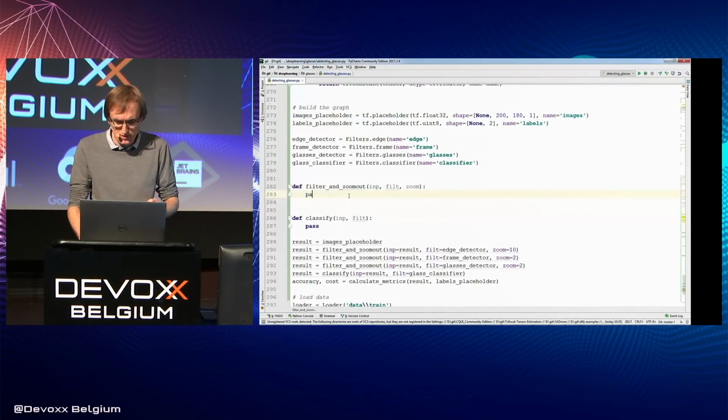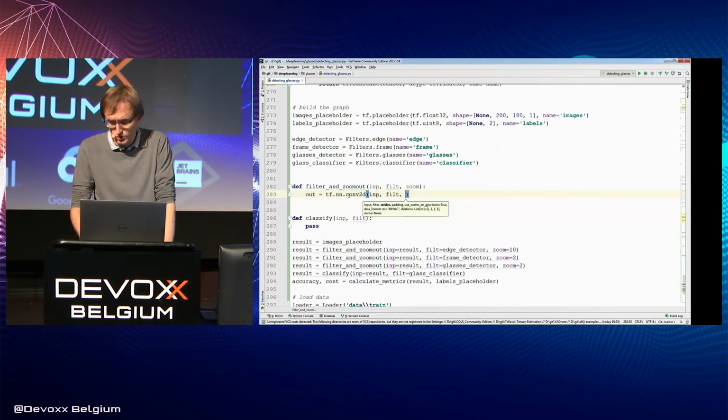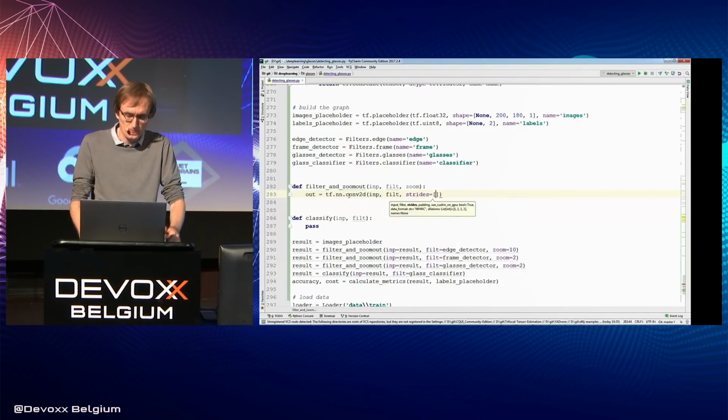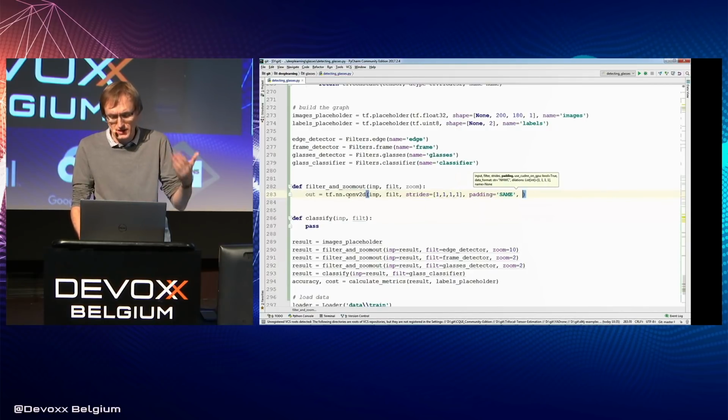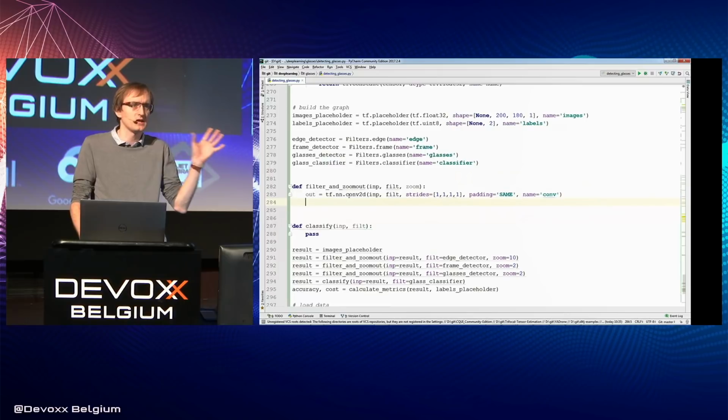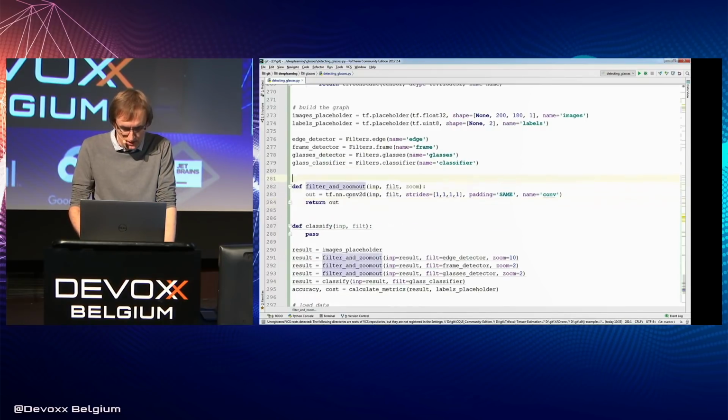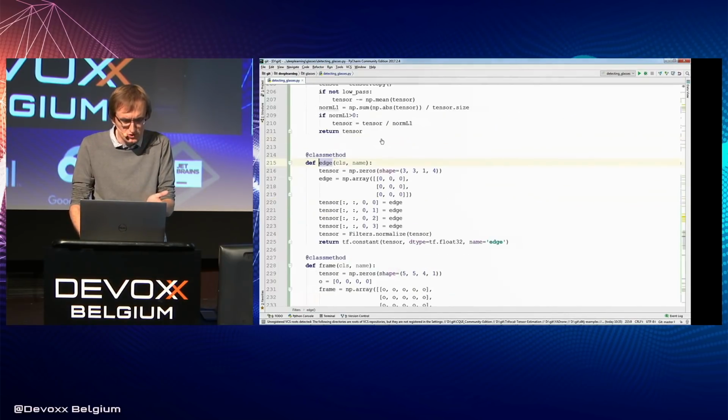And first, we need to implement the filter and zoom out. We will filter using convolution, which we have in Tensorflow. We will filter and shift our mask 1 by 1 and pad the result so that it is the same size as the input. Now let's implement the mysterious filter. In fact, 4 filters, 3 by 3.